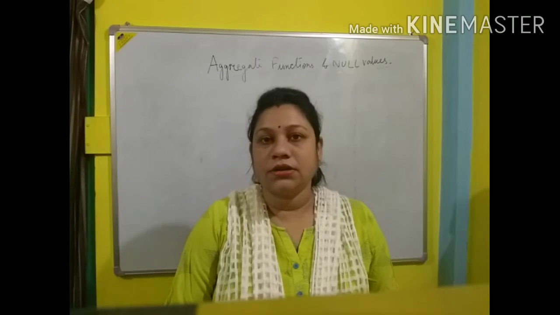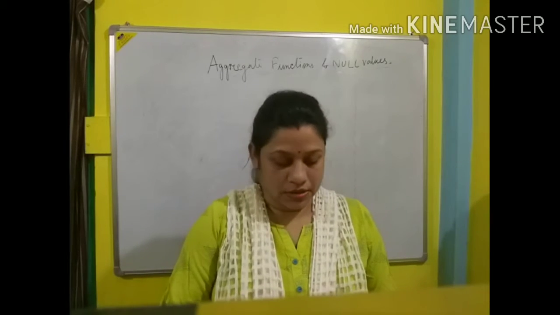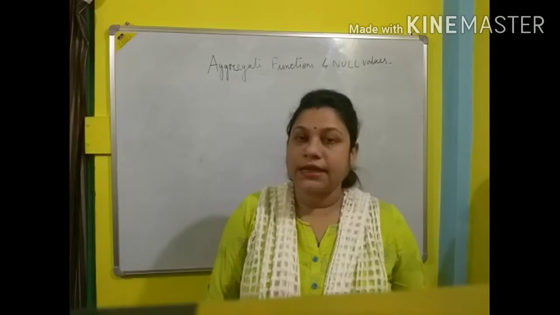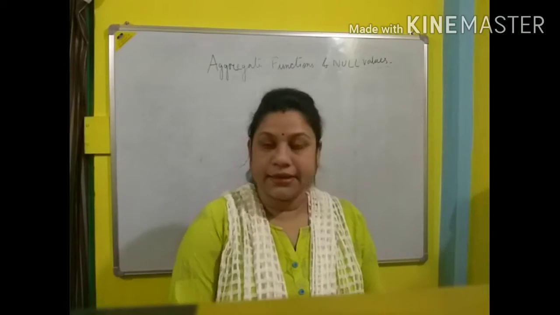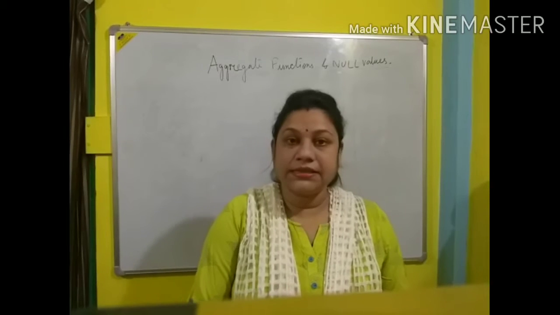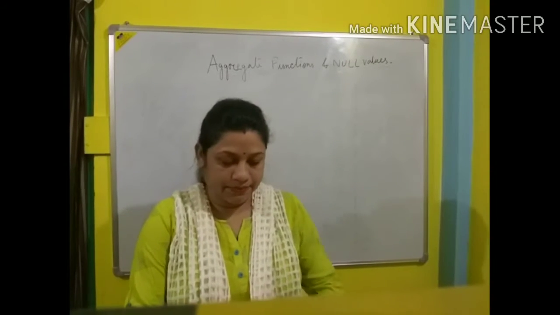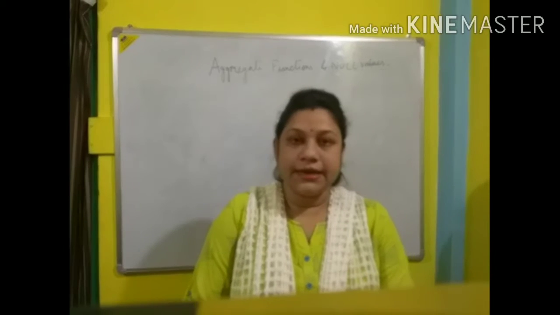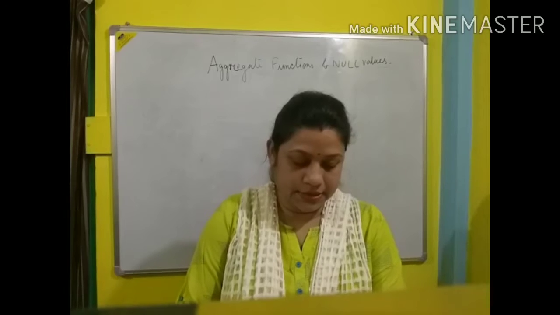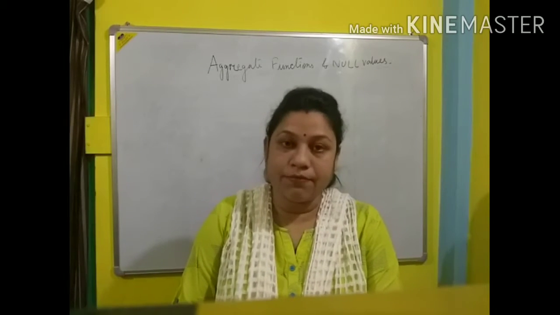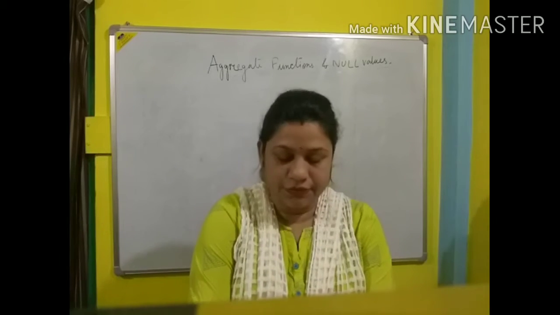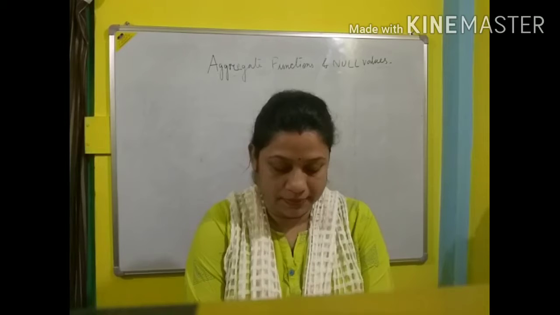So today we are going to study null values with aggregate functions. Okay, from your book, page number 226. There are two tables. Consider a table product as shown in figure 12.51. So we have a table and the table figure number is 12.51.